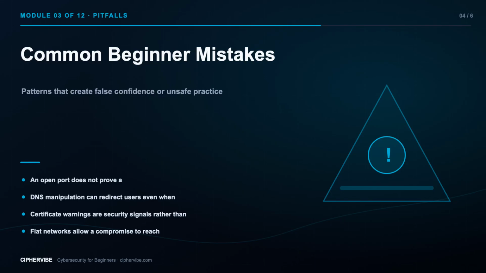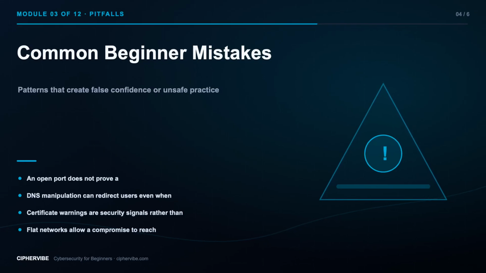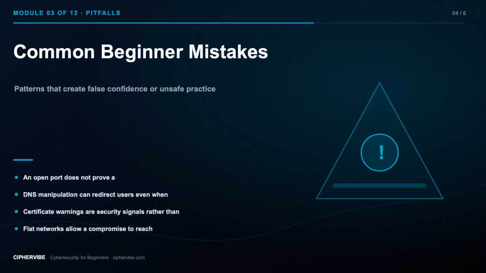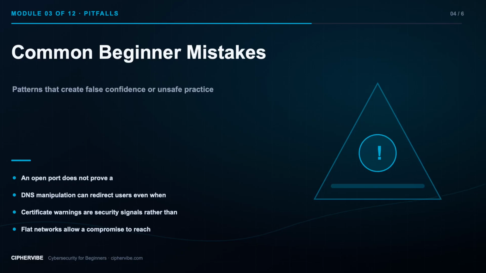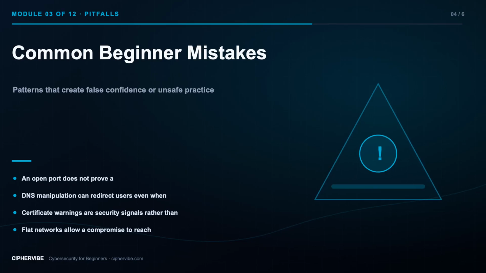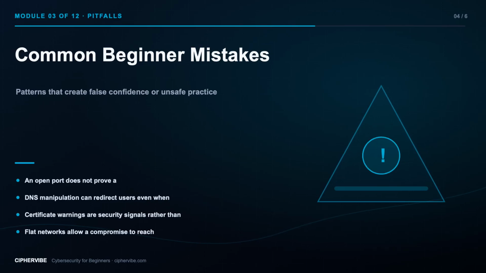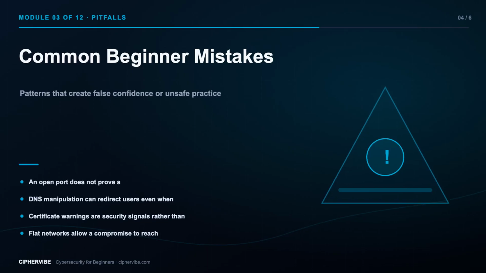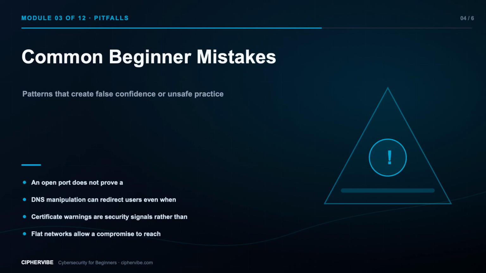Fourth, flat networks allow a compromise to reach systems that have no reason to communicate. Fifth, packet captures may contain credentials or personal information and require careful handling. These mistakes often share one cause: confusing an available signal with a complete explanation. A tool can report a finding, a successful action, or a score while important scope, context, ownership, and verification remain